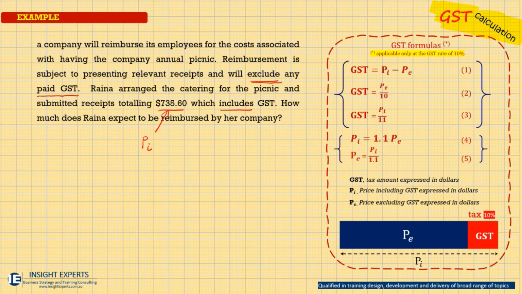Price including GST. So if I just look at equation 1, 2, 3, 4, and 5, there are many ways of doing it, but the quickest way is equation number 5, because by default, PE is the price excluding GST. So if I come here and say from equation number 5, PE, which is the price excluding GST,